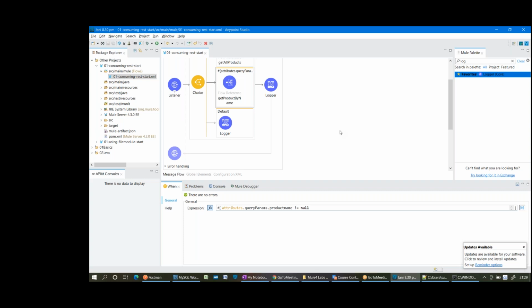And based on the incoming request, I want to route that request to either get all products or get product by name. Have I done that? Yes, by using choice router. Choice router will work based on some conditions. Understood?